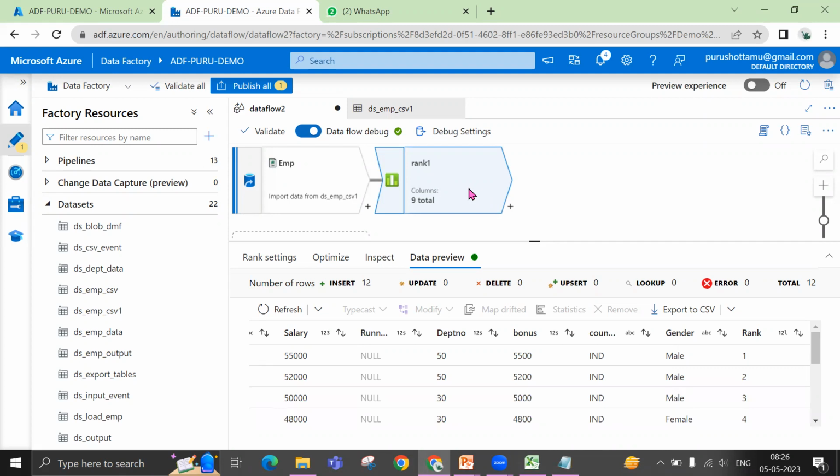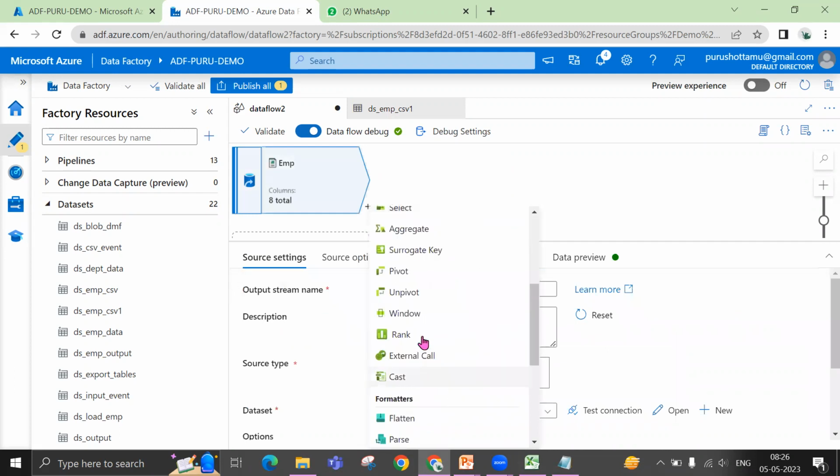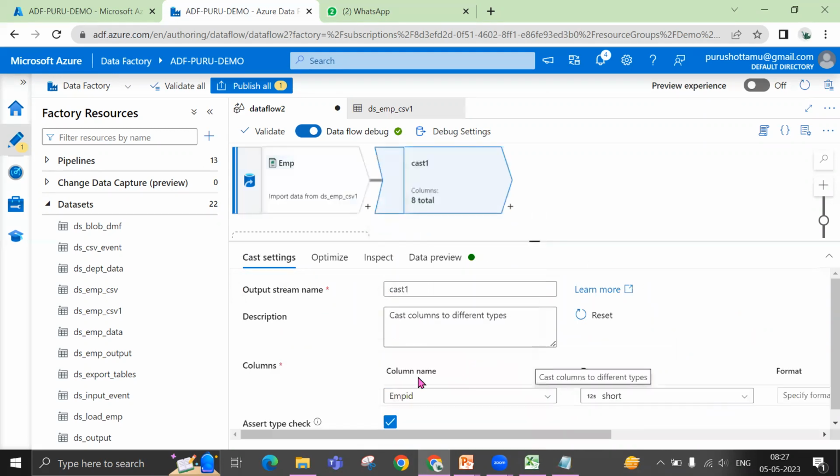Okay, so that's about the pivoting and unpivot. You need to try the window clause we discussed, and rank also we discussed. Now the last one before we wind up, cast. Cast is nothing but